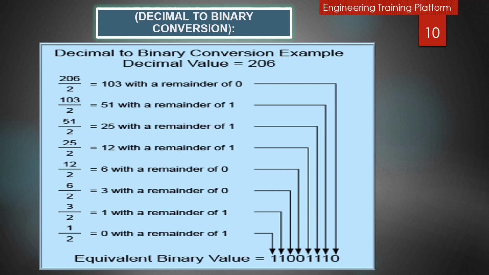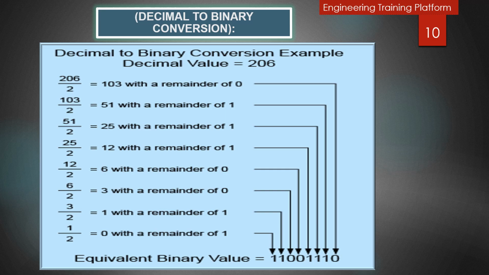We have to put the remainder here for the binary value, and the same, 2 multiplied by 25, the result will be 50. The remainder will be 1. 2 by 12, it will be 24. The result will be 1. And 2 multiplied by 6, it will be 12, and the remainder will be 0. And 2 multiplied by 3, the result will be 6, the remainder will be 0. And here 2 multiplied by 1, it will be 2, the remainder is 1, it will come here. And then after that 2 multiplied by 0, and then the result will be 1.